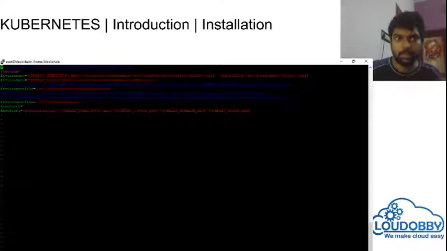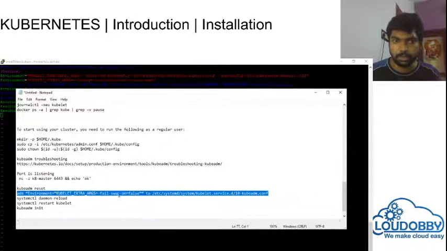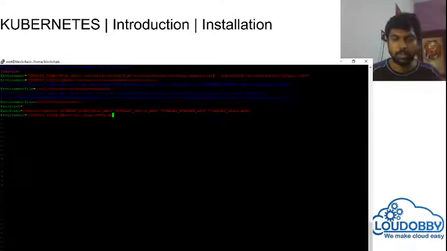Escape, I is the insert mode. I'm just going to add it in the last line. I have it in my notepad. I'm going to add this one. Then escape, colon wq to save and quit.